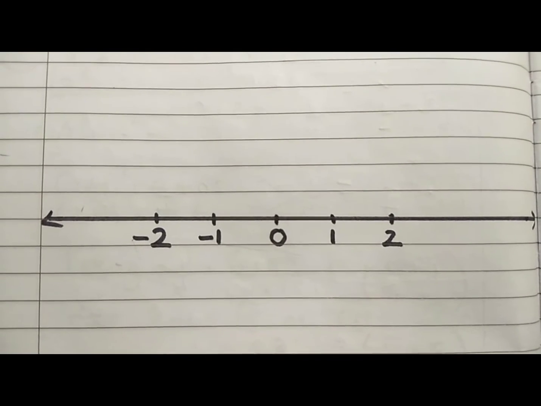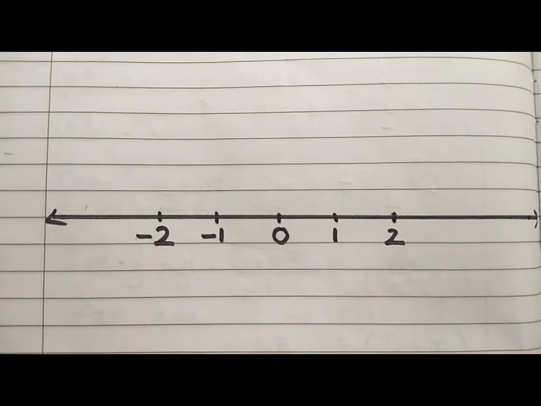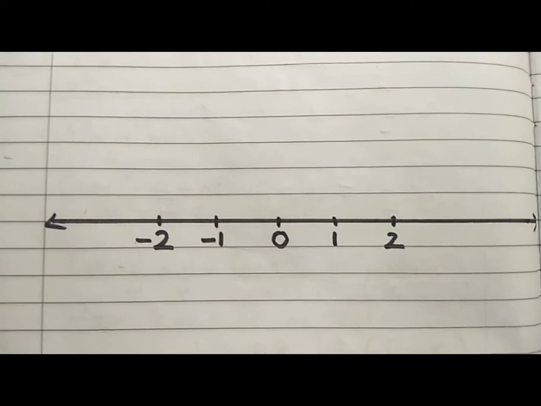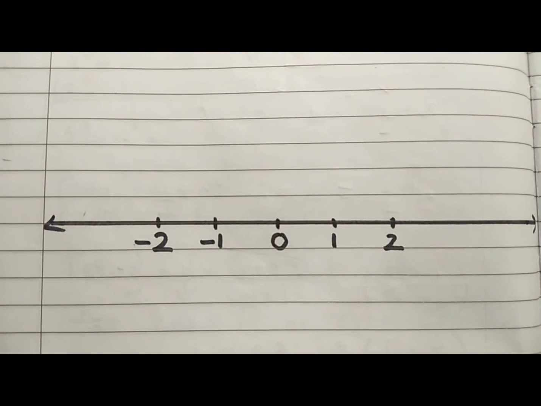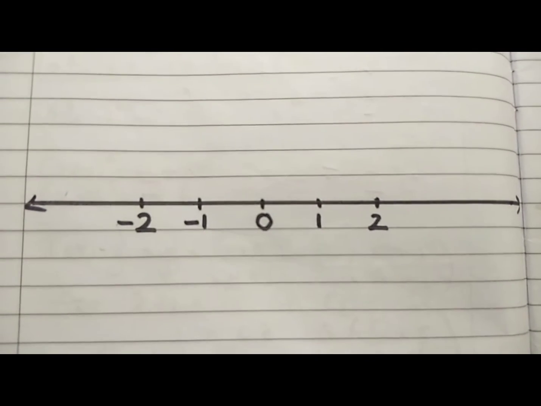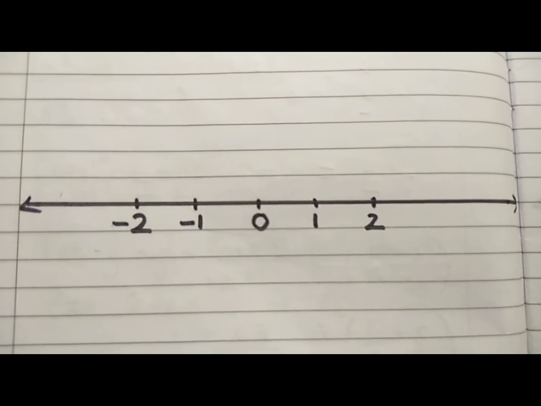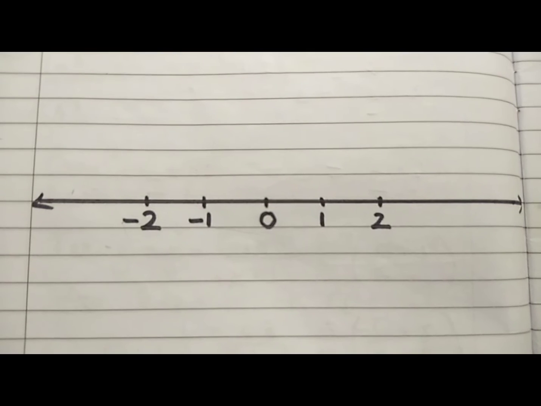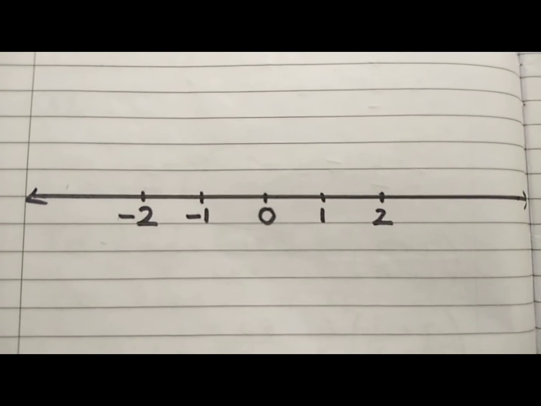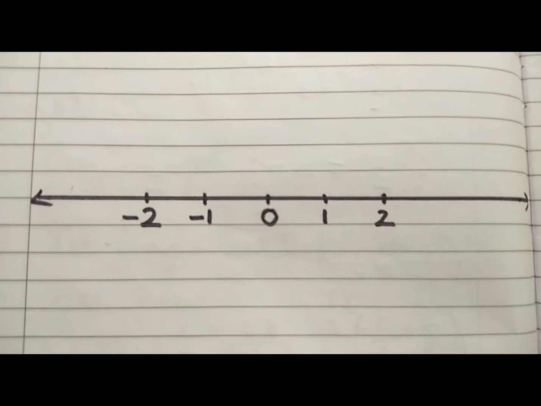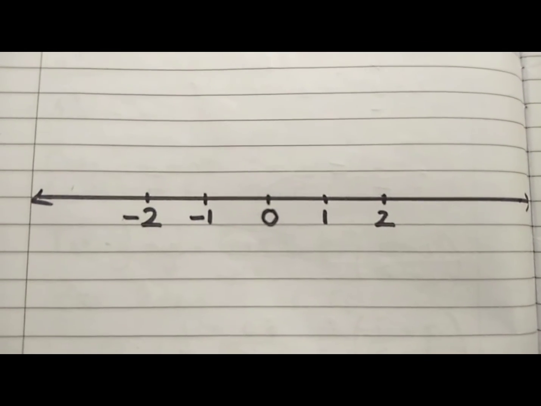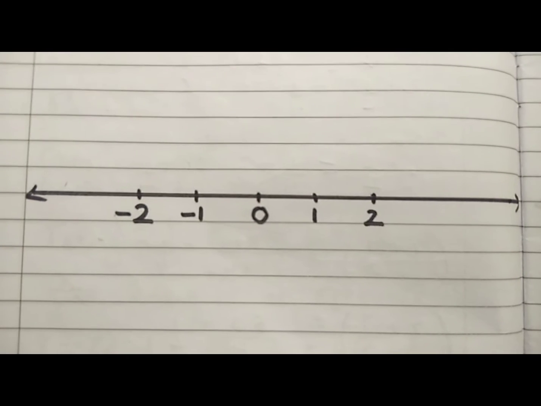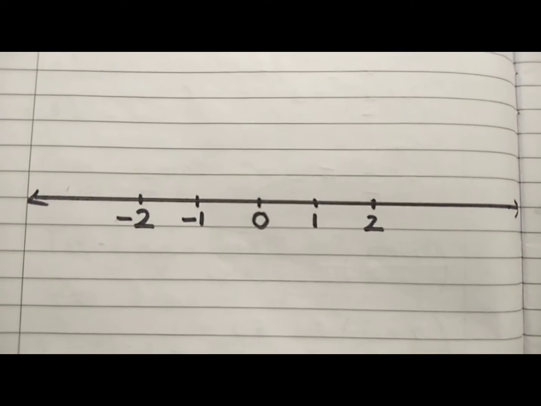As you can see here, there are a few numbers. Every integer except 0 has a corresponding integer. The integer 1 has -1 as its corresponding integer. As you can see on the number line, the integer 1, that is +1, a positive integer, has -1 as its corresponding integer. Similarly, the number 2 has -2 as its corresponding integer. So that means every negative integer will have a corresponding positive integer.